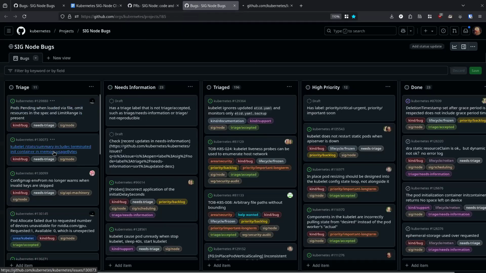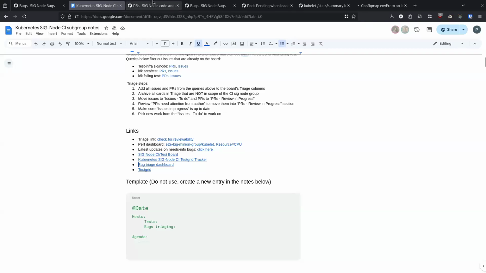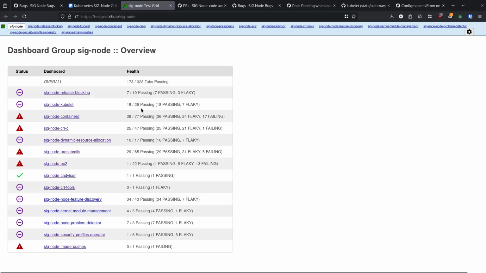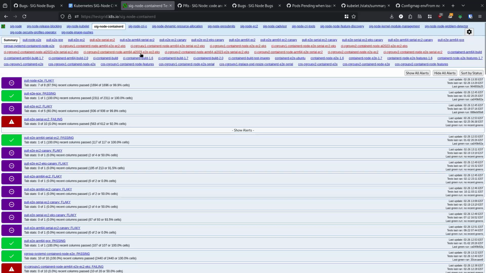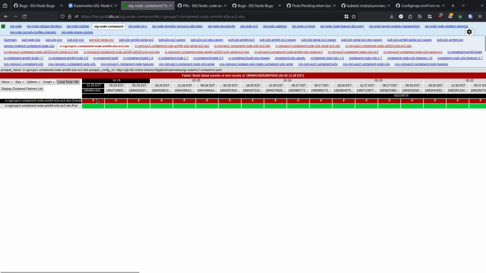One thing before we switch, can you go back to the test grid, please? And to the containerd tab, yeah, this one. Pick any and look at the kubelet logs.